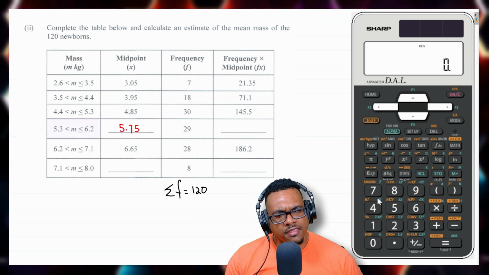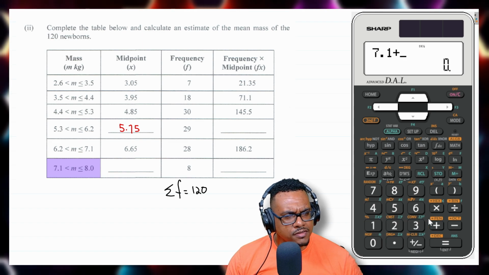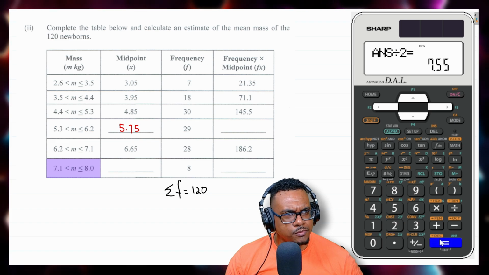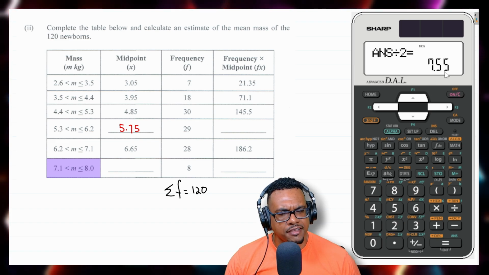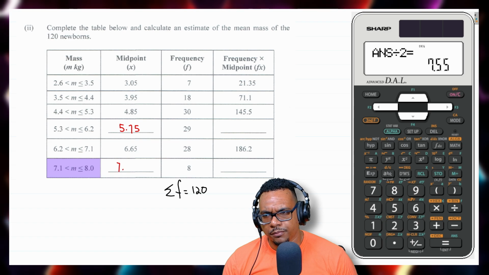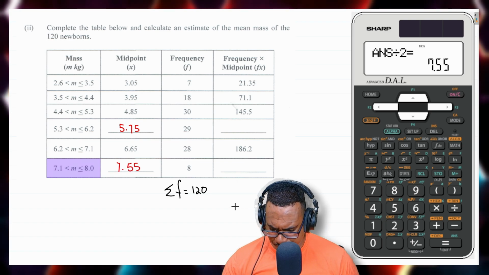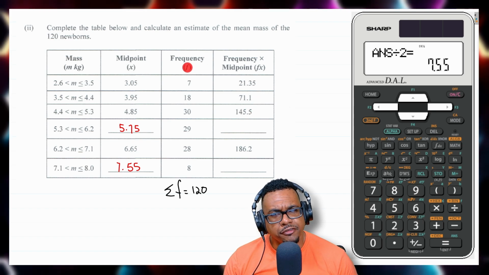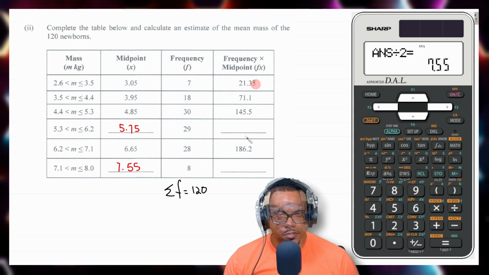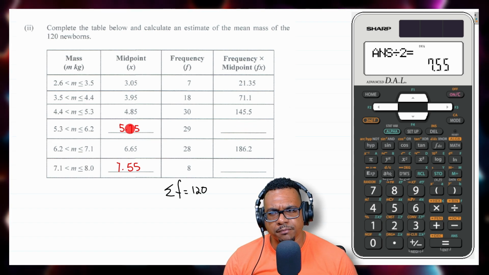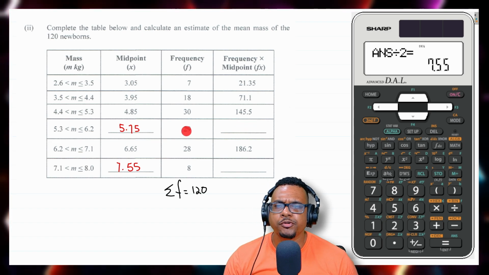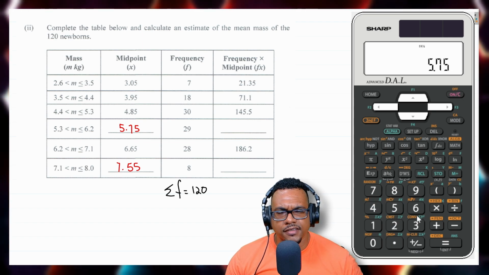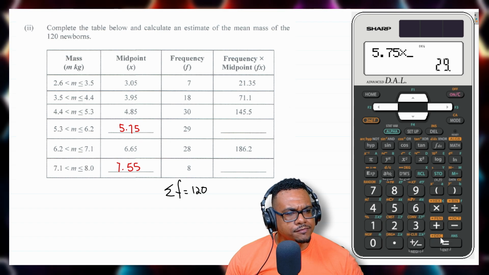Then we'll add the 7.1 plus the 8, press equal, and then divide that by 2, and we get our midpoint, 7.55. So we have 7.55. And now remember, this column is X multiplied by F. Midpoint multiplied by frequency will give you the answers for this column. So to get what's missing here, we just have to multiply the midpoint of 5.75 by the frequency 29. So we're going to have 5.75 multiplied by 29, and we get